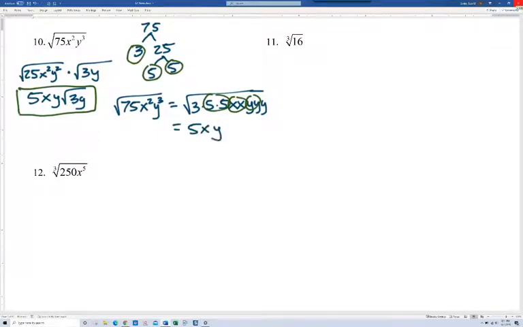We get 5xy. And then notice what's left over inside. We still have 3 times y. So times the square root of 3y, and so that's our answer. So you see we get the same thing. Now, when you look at number 11,